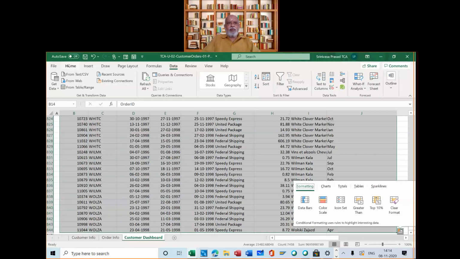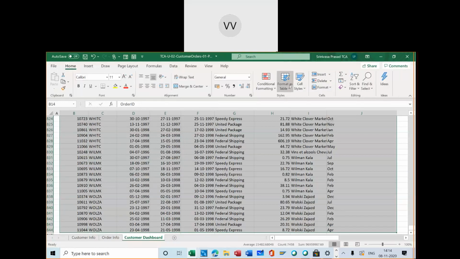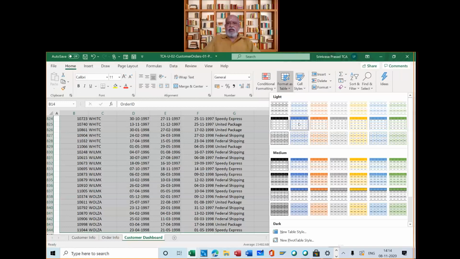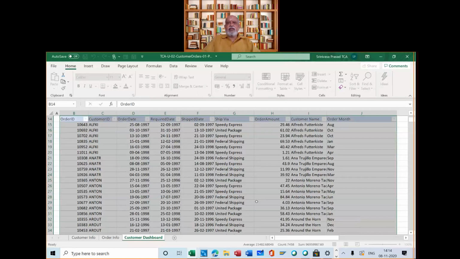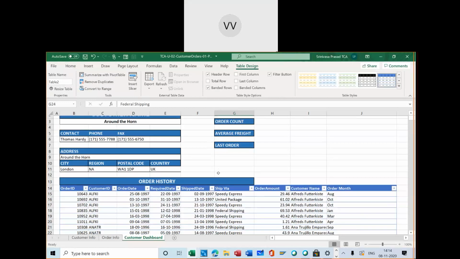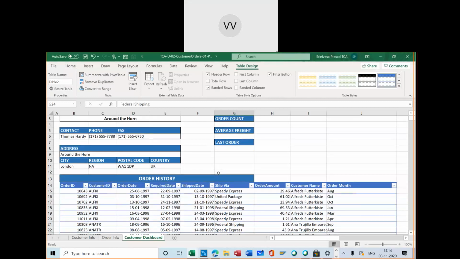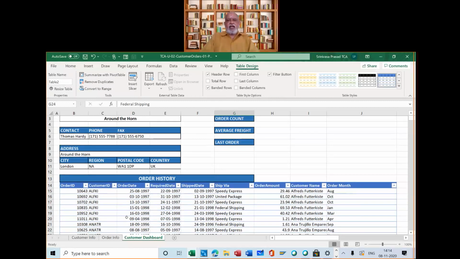Now we go to Format as Table and make it a table. It has come with the details, like $14 to $J$844, and it has a header. Now we saw that in the dashboard header this arrow mark is not needed because it looks very odd.